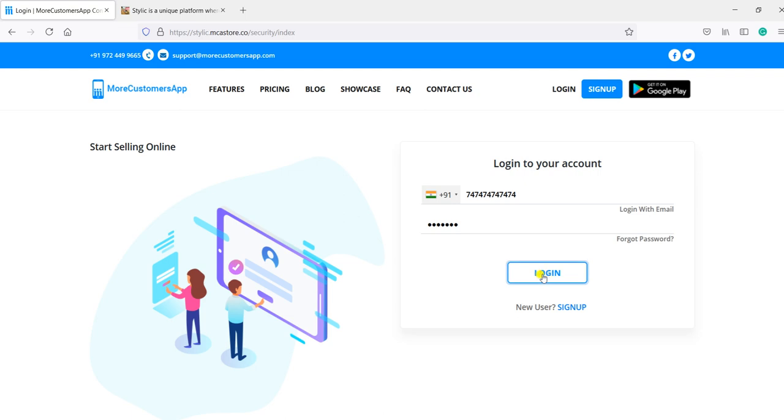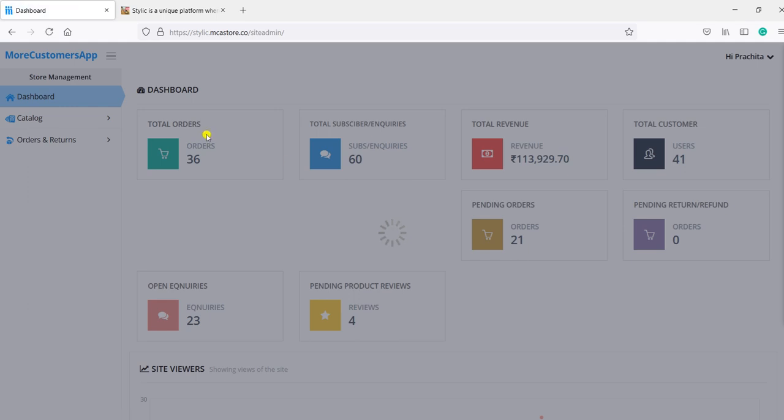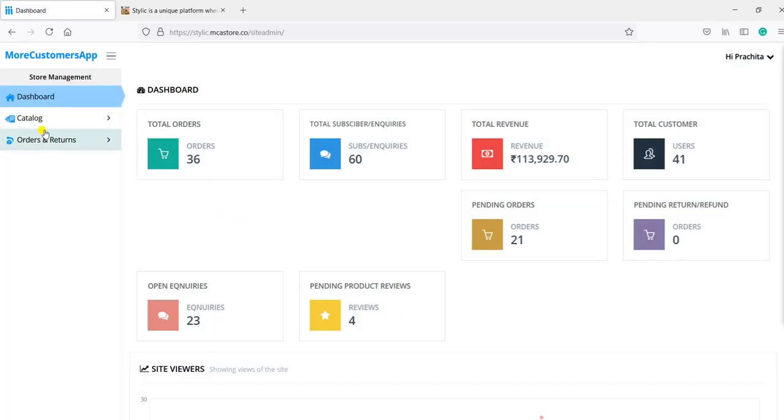Okay. So now we are logging in as the vendor. Here you can see I have logged in. This will be the dashboard for the vendor. Here he can manage the catalog, where he can see the products, manage the products, and add the products. And here are the orders and return sections, where right now we only have the order section. Okay, so we will now add a product as a vendor for a demo.